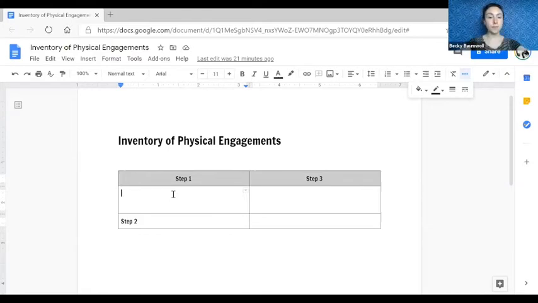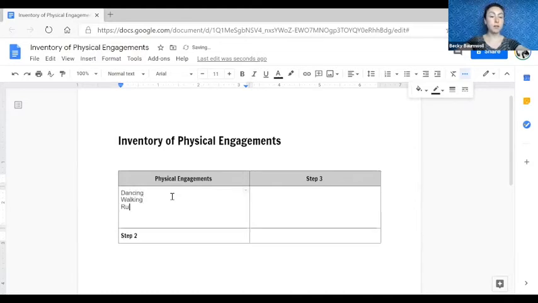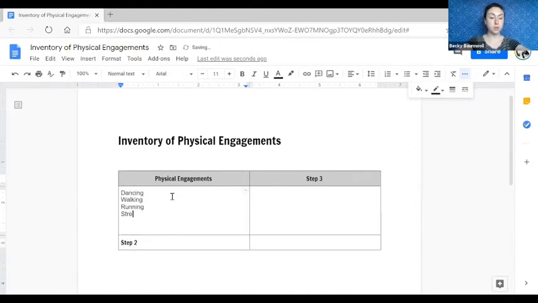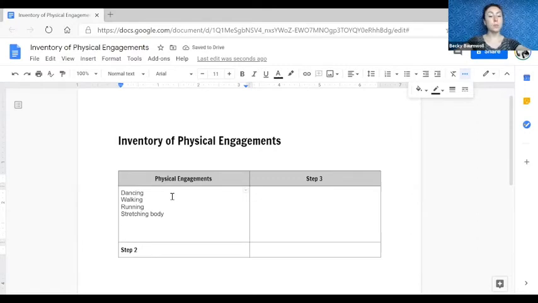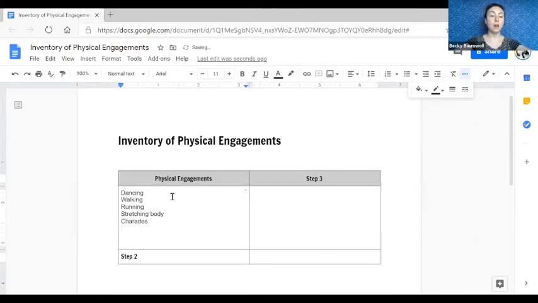Okay, so step 1 is create a list of physical engagements. Everything you can think of. We mentioned some of them before. Dancing, walking, running, stretching body, charades, gestures, on and on.